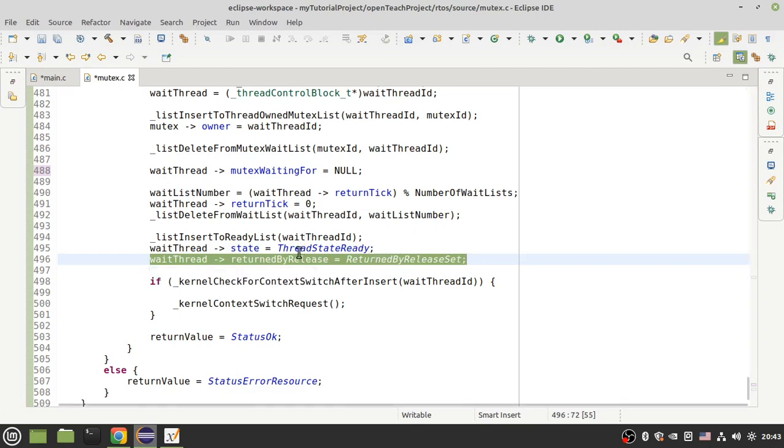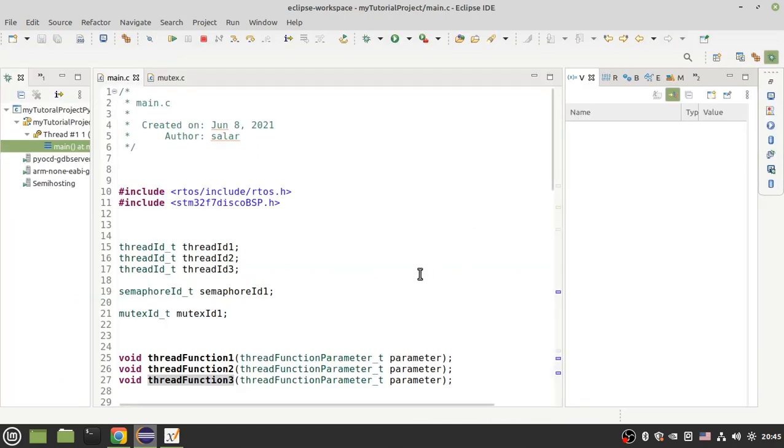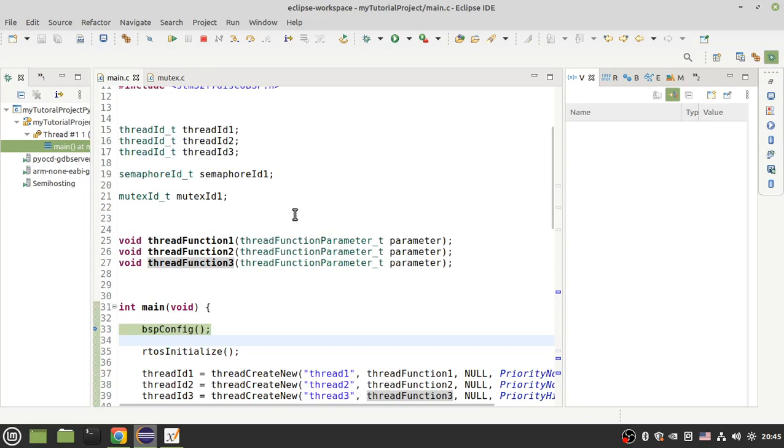So very good. Let's see an example another time. Compile the project and see an example. Okay, now let's run this example. Before that,